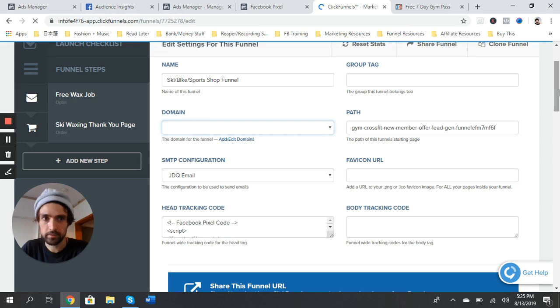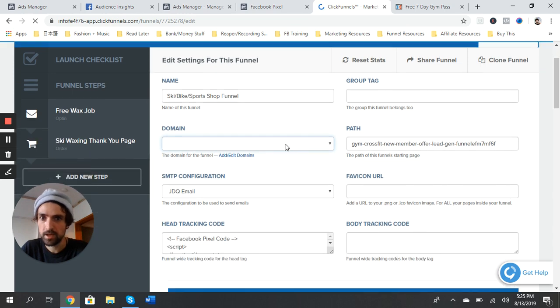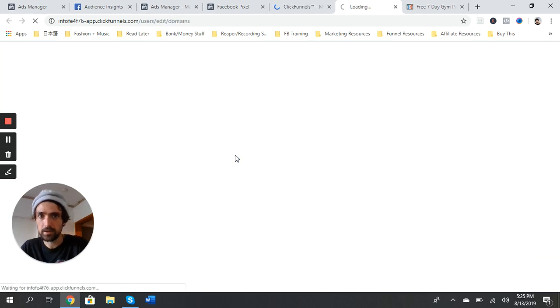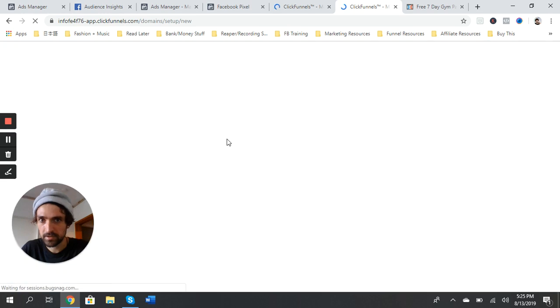First, with ClickFunnels, if you want to buy a domain, I think it's like $20. You just go to account settings, and there should be a button there about purchasing a domain. Otherwise, you can add a domain, and follow the steps with this. It should be pretty self-explanatory. All right, so you click on that, add a new domain, and if you have an existing website and you want to connect this funnel to that domain name,